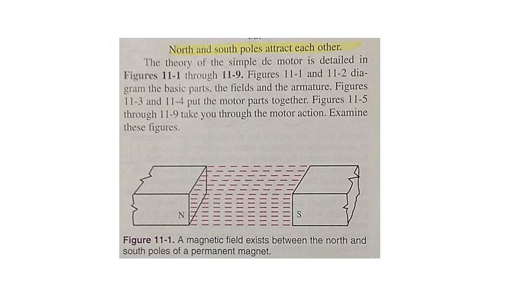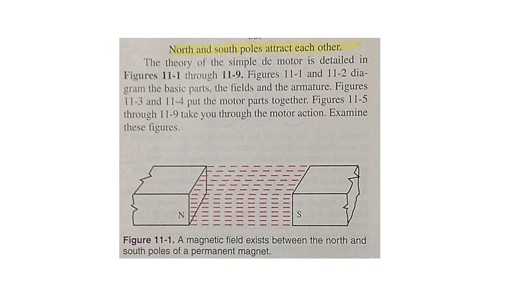The DC motor is simply an application of magnetic principles. Motor rotation depends on the interaction of magnetic fields. You will recall that the laws of magnetism state that like poles repel each other and unlike poles attract each other. A north pole repels a north pole and a south pole repels a south pole, but north and south poles attract each other. The theory of the simple DC motor is detailed in